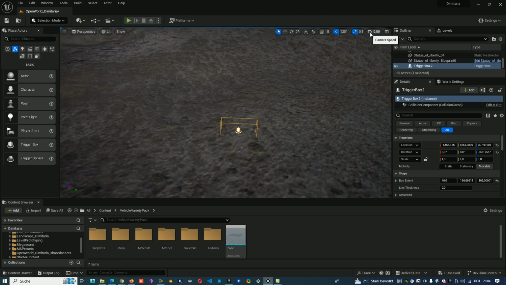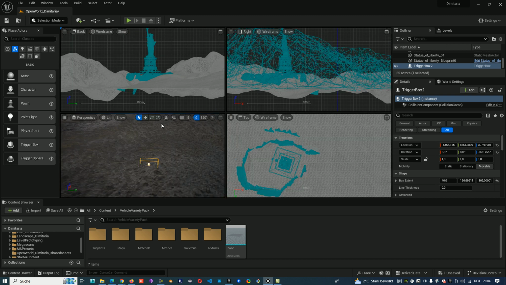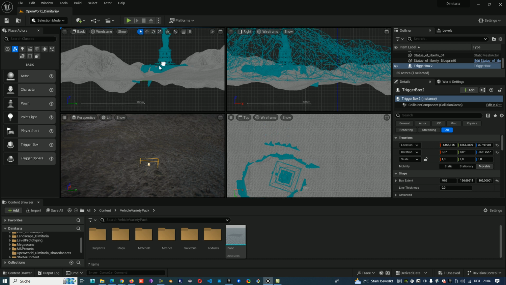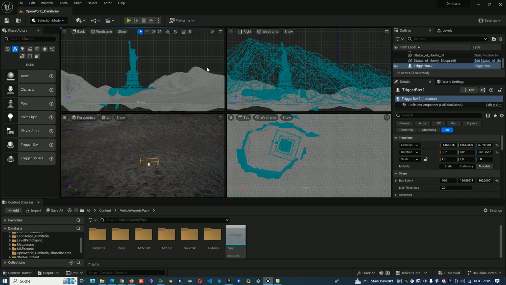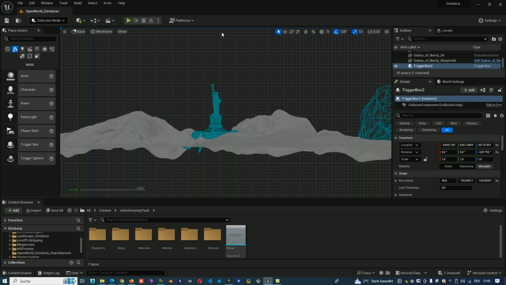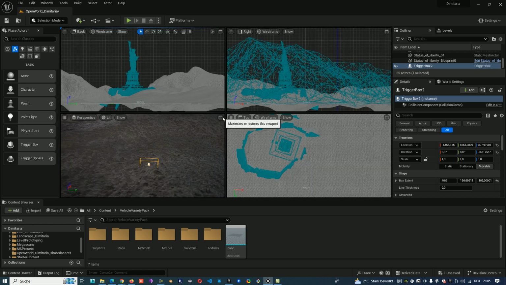With this button here, you can change between 4 viewports. So you can see them here. That's perspective, back, right, and top. See, when you move one, you see the movement also in the other ones, and so on. You can minimize or maximize them this way,